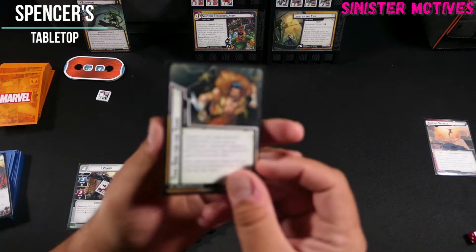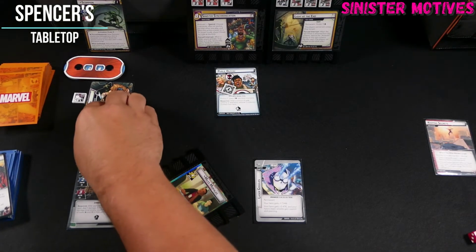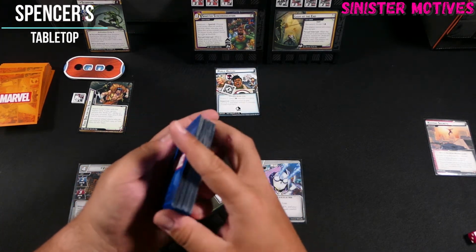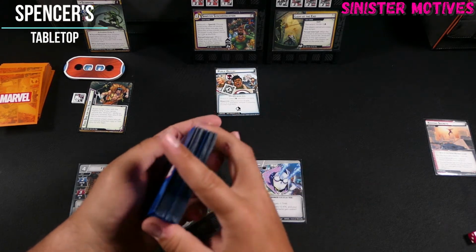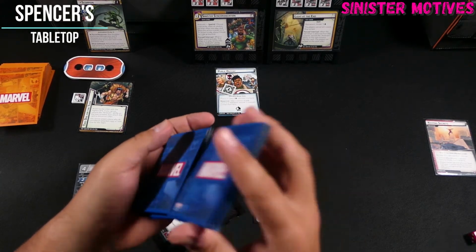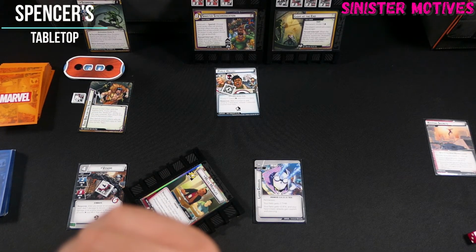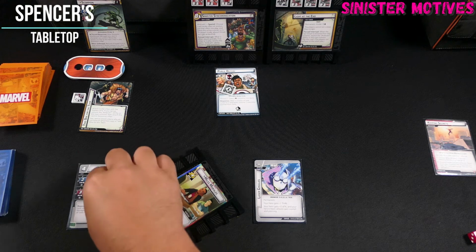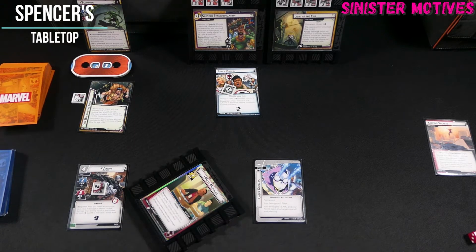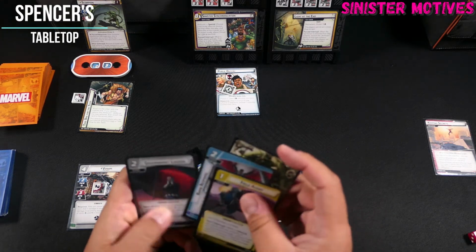Attach to the villain with the highest attack. If you cannot attack villains who do not have a copy. Okay, so that goes on Scorpion. This will get shuffled in. I'm going to take a damage to Venom, and I'm going to ping Scorpion for 1. I forgot about his ability. Because then what I'm going to do is first I'm going to